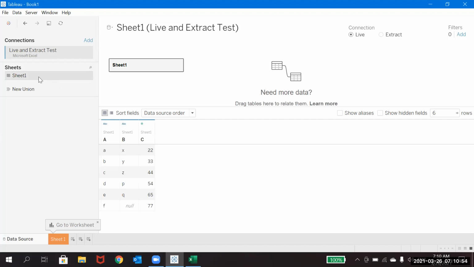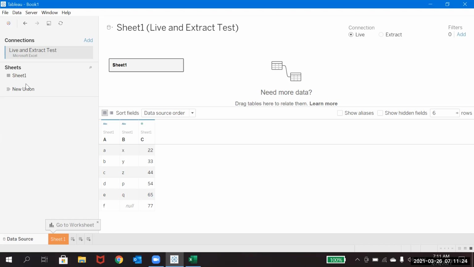I think I already told you yesterday. Once you connect, the screen will change to this page, and then the next thing you have to do is drag and drop the sheet you have. Since we have only one sheet here, it is just coming up here. If you have other worksheets, you can choose which sheet you want to drag there, and you can see this information.